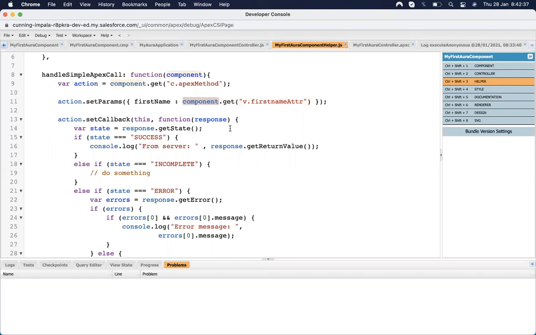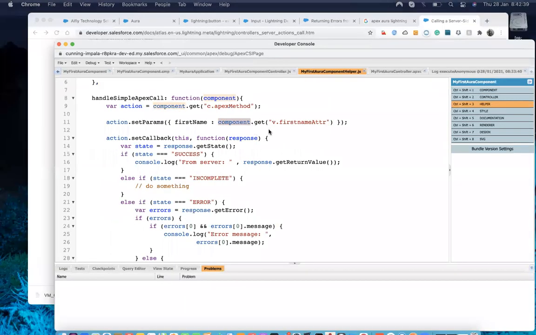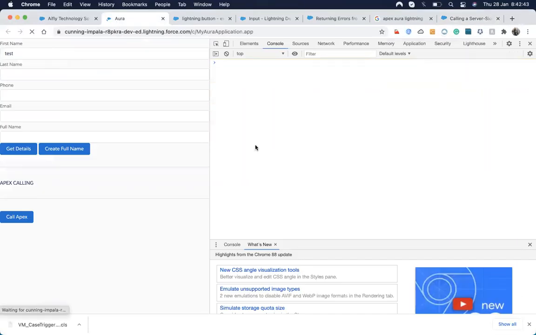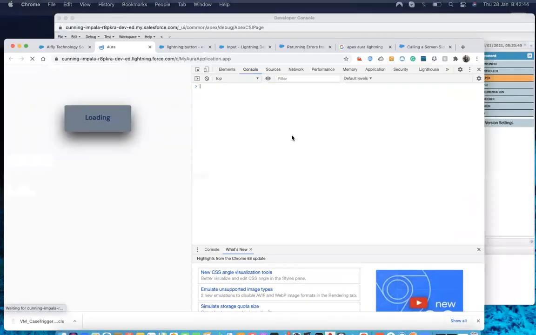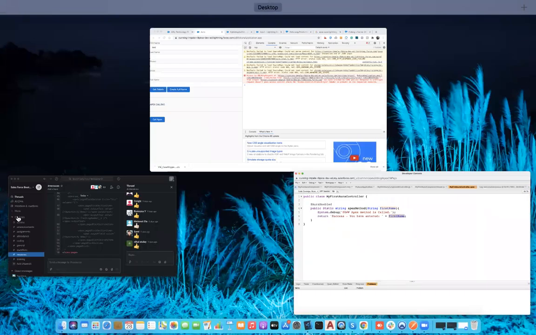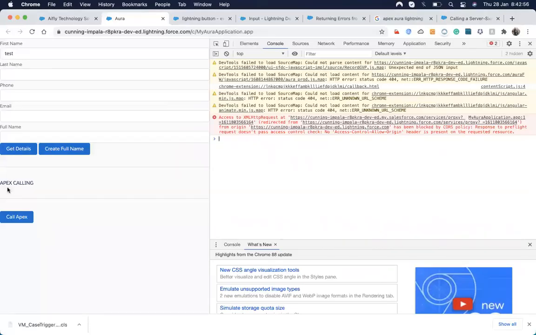It will get and pass the value. Let me refresh. Whatever value I pass, it will process that value and send me a message that you have entered, and whatever value I'm passing from there. Let's call the Apex, and it shows you have entered the test. Suppose I make some changes again and click on call Apex, so you have the changed text.